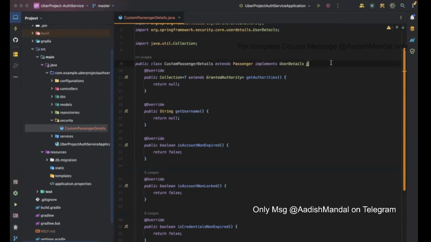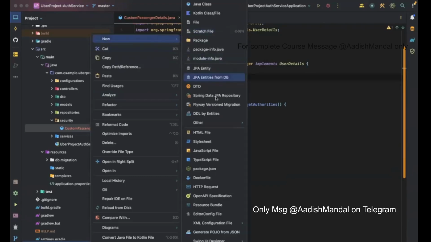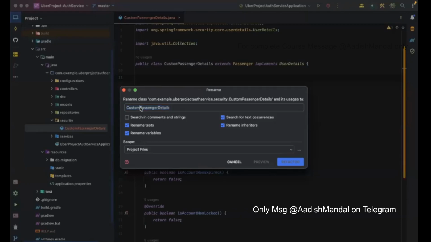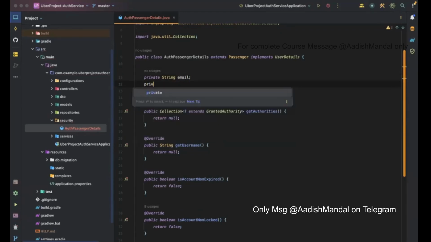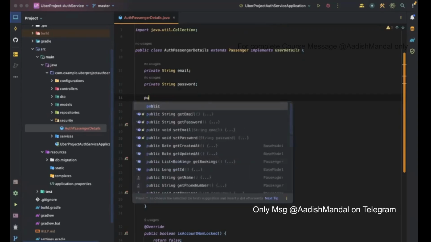Okay. So what we're going to do is, let's not name it as custom passenger details. Let's rename this file to auth passenger details. Okay, auth passenger details. Cool. Now here, for the passenger details, we are going to have, let's say, private string email. Private string password. And we are going to have a constructor, public